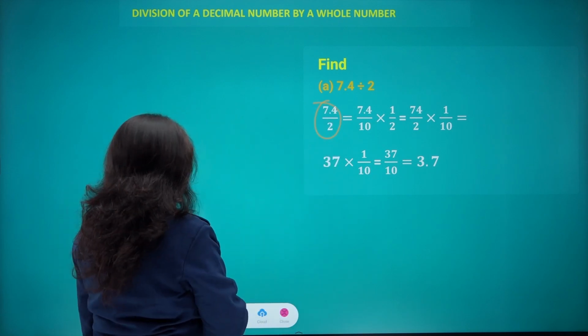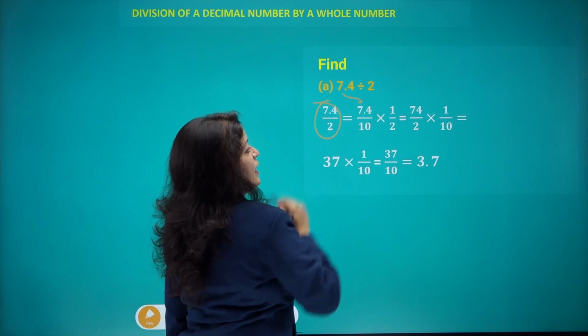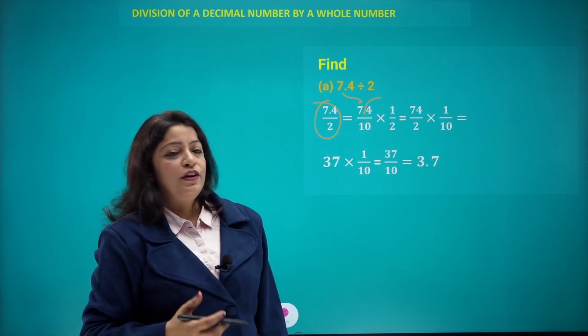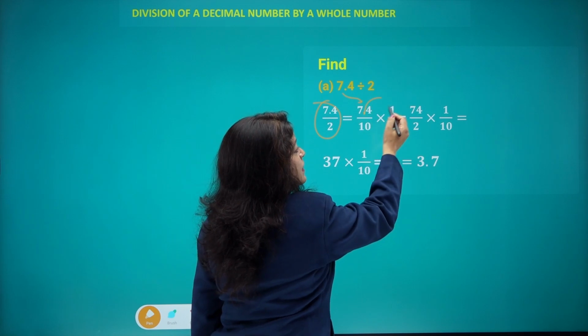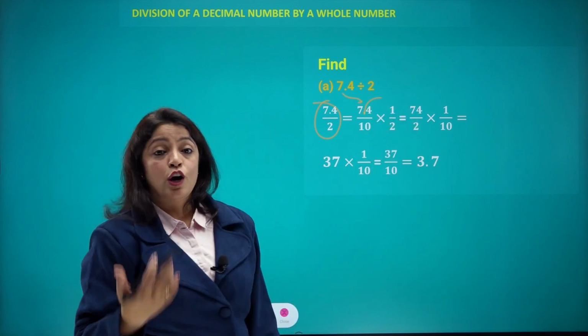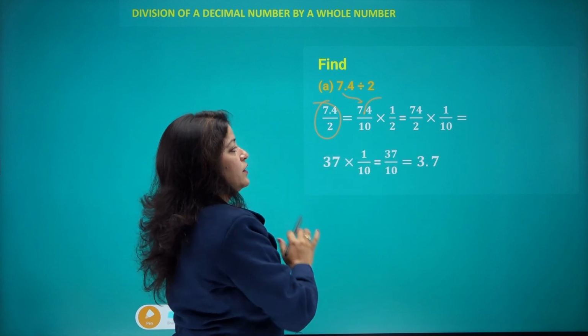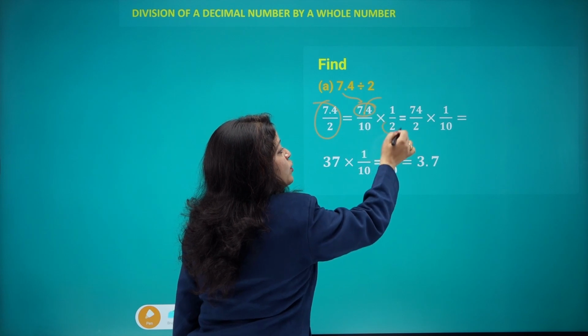And now, in other way, how can I write? I can just write 7.4 as this. I will remove this decimal and now it becomes 74 upon 10, okay? And divide by 2 becomes multiplied by 1 over 2. Now, what is to be done? 74 and 2. See, what I have done here is, just we can divide, since this 74 and 2, they